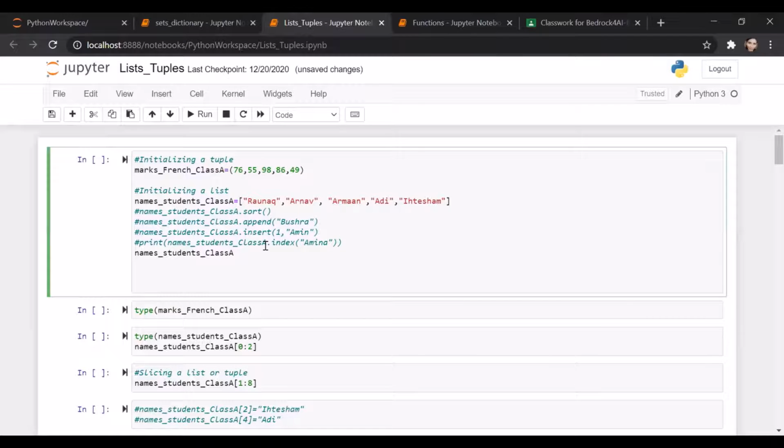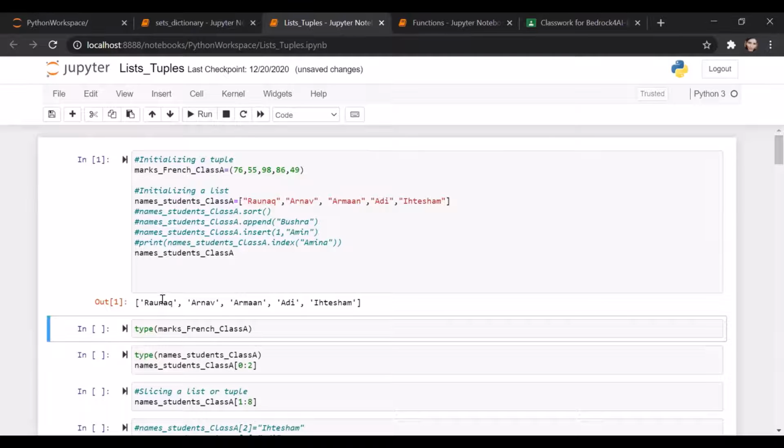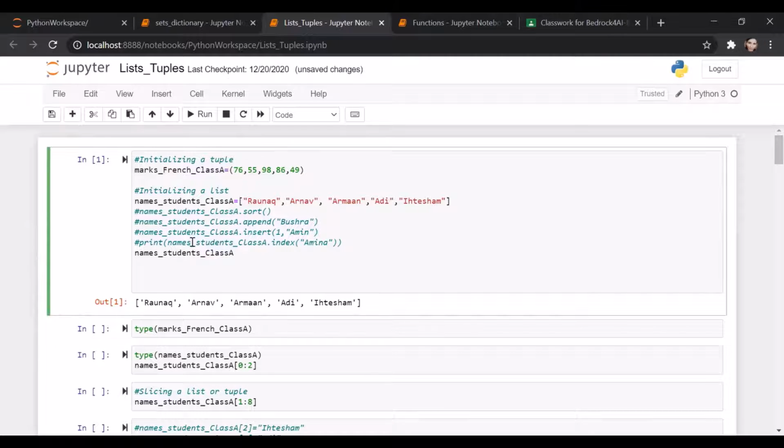Ronak. Wrong. Now let's print it. It's exactly the way I defined it: index 0 is Ronak, index 1 is Arnav, and so on. Now, before printing it, I will sort it. This is how I want you to try all this code. Whatever question comes to your mind, just try it.